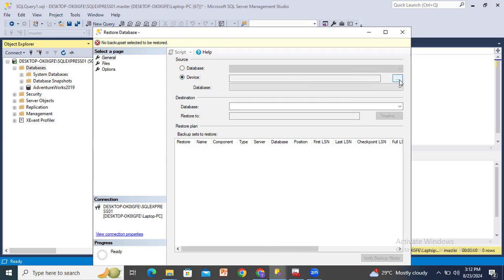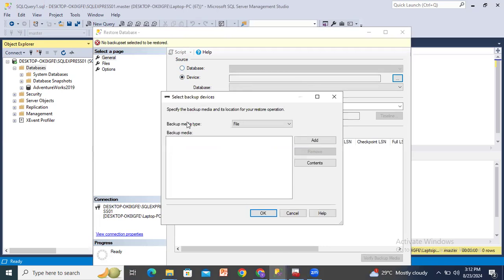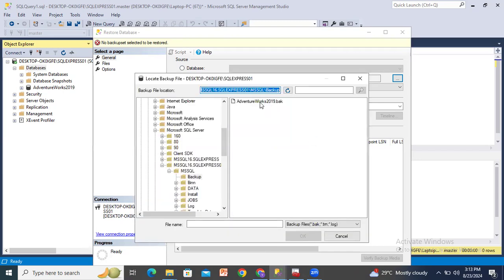Here, three dots are available on the right side. Click on the three dots. It will ask for the file. The backup media type is File. Here the options are available. You can choose File as the backup media and click on Add. Once it is added, it will show after downloading your